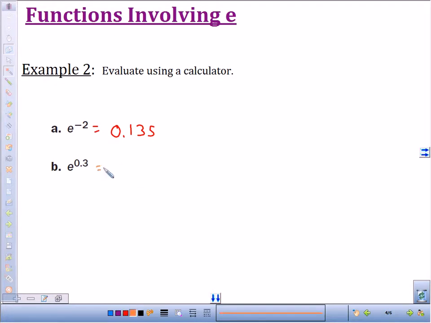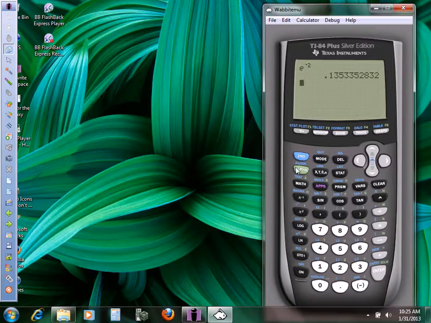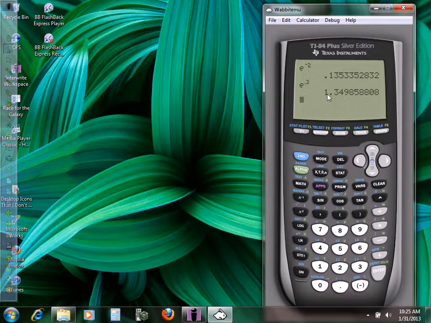E to the 0.3, again, we do the same thing. We do second ln for e to the x, and we can plug in our exponent here. In this case, it's 0.3. We hit enter, and e to the 0.3 power is